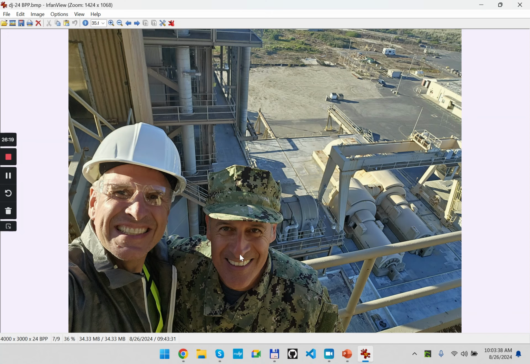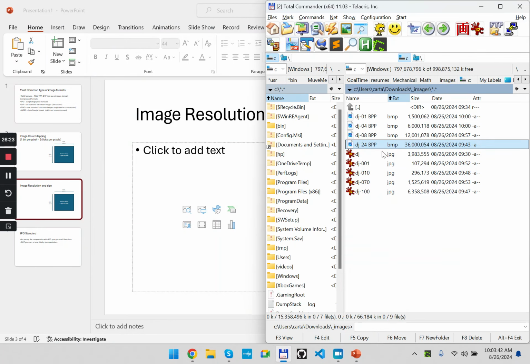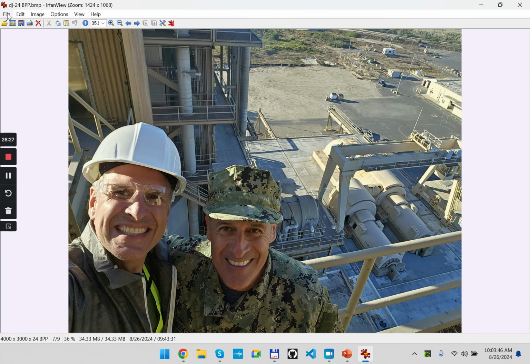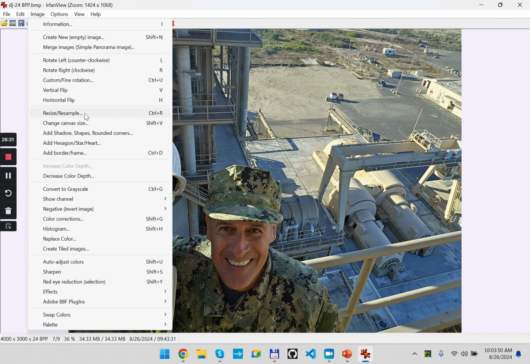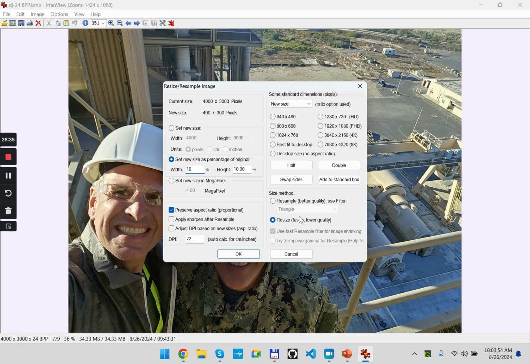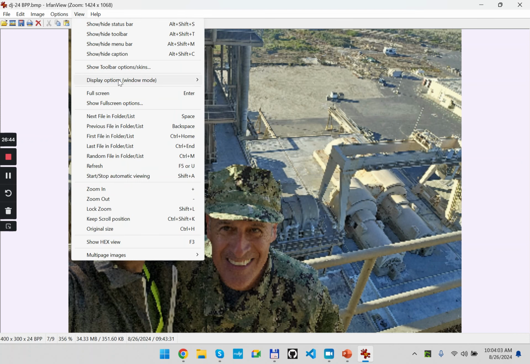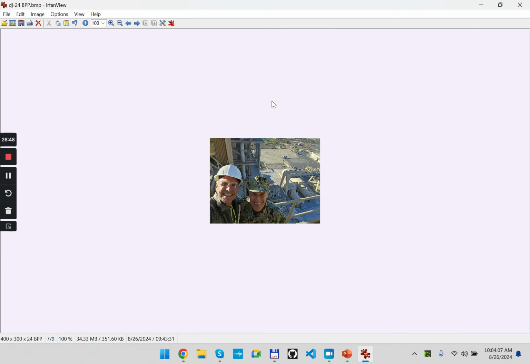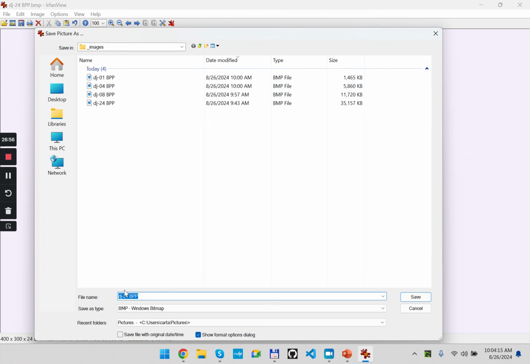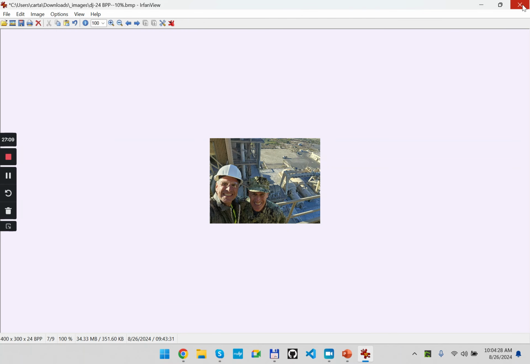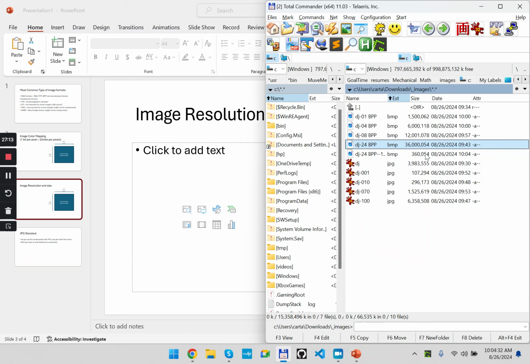Maybe that's a little too small. Let's go back to where we were and do 10%. Image resize, 10% resize. The option I have right now is display options, fit image to fit only big images, so it resizes it to that size. If I save as, this is now 24 bits per pixel, dash 10%. You would imagine that's just 10% of the size, but it's actually not 10% of the size because